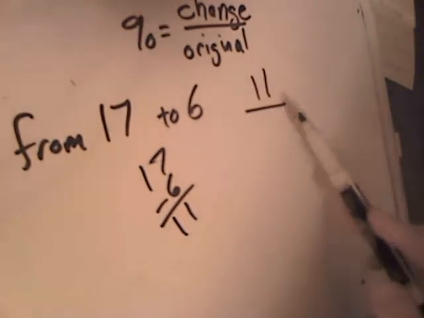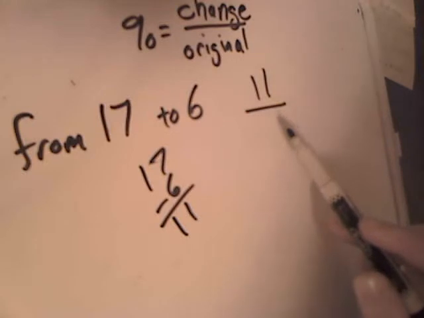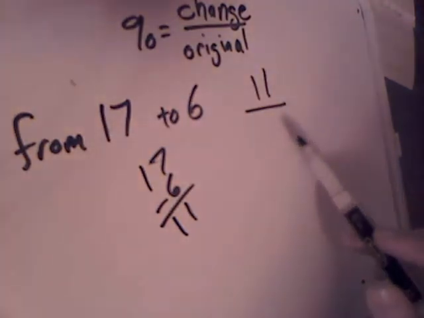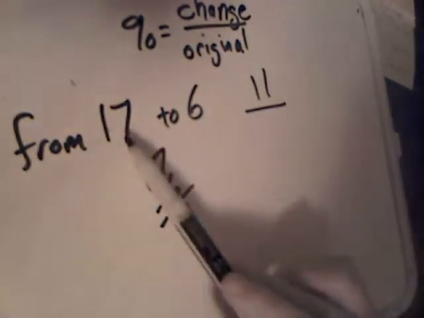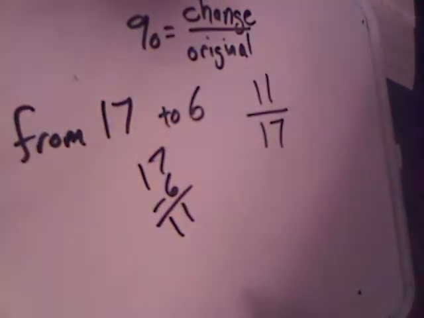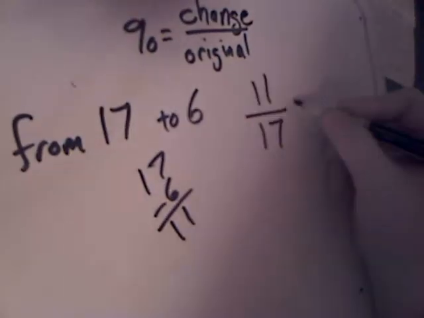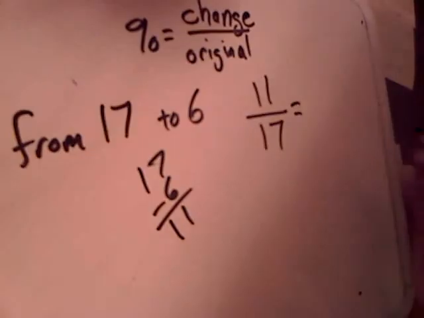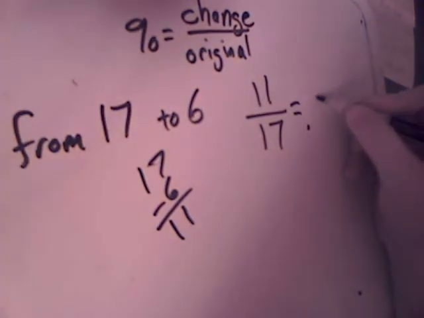And in the bottom, I want to put the original number. Not always the biggest number, but the original number. In this case, I started at 17, so I'm going to put 17 on the bottom. Now, when I go ahead and do my division for this, which I'm going to punch into a calculator, I'm going to get